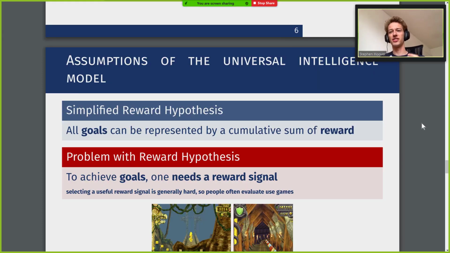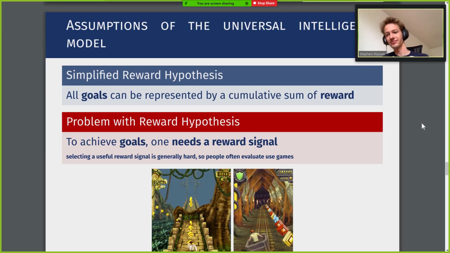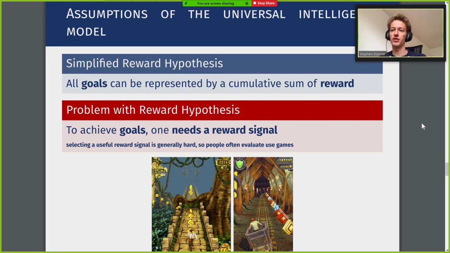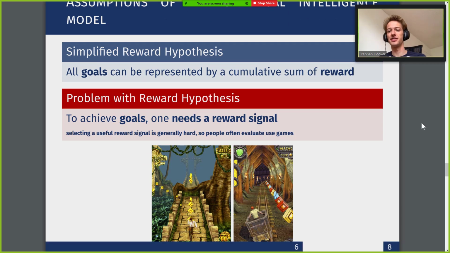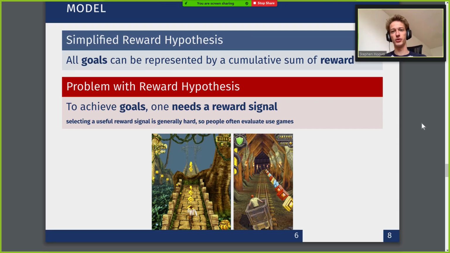The reward hypothesis kind of becomes like, I don't know if trivial is the word. It's not as strong as people think it is, because if we had a good representation of rewards for goals we'd like to do, we could just specify a system to achieve those goals. I think this example looked really good.